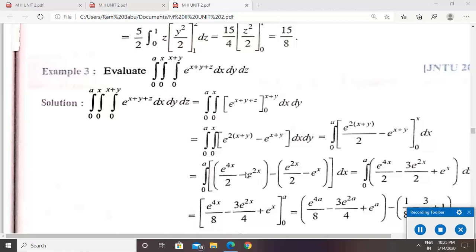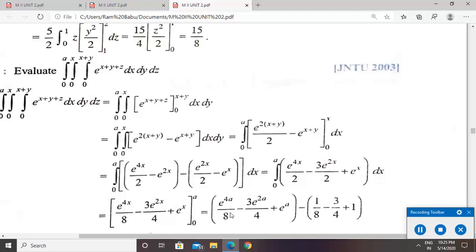Therefore, by adding these two functions we get minus of 3 into e power of 2x by 2. Okay, finally minus, minus, plus e power of x dx, okay, is equal to, now since the limits are x equals 0 to x is equal to a,